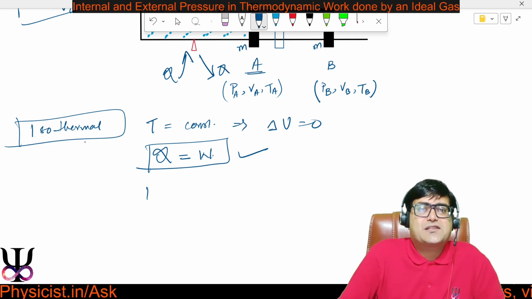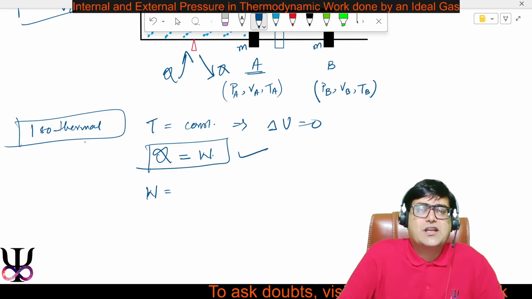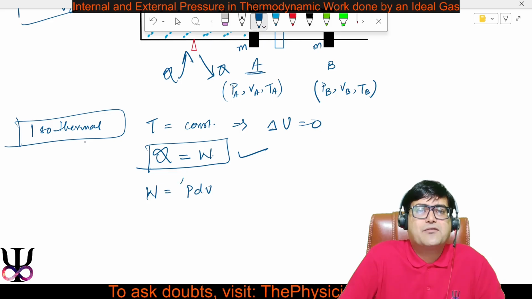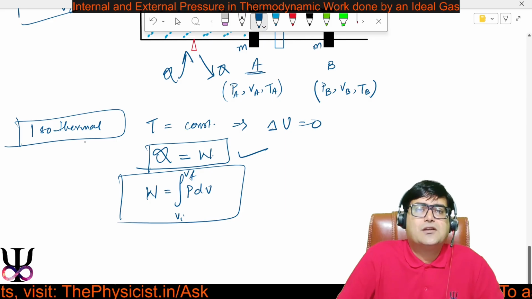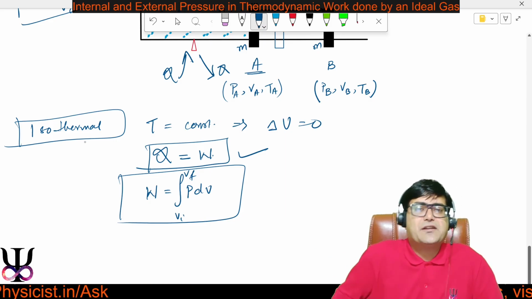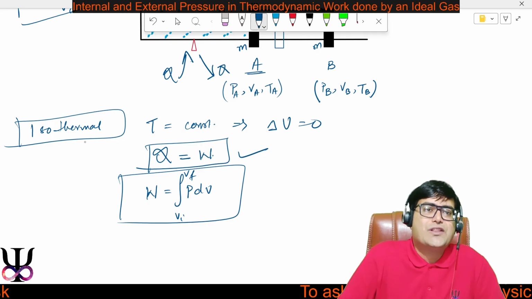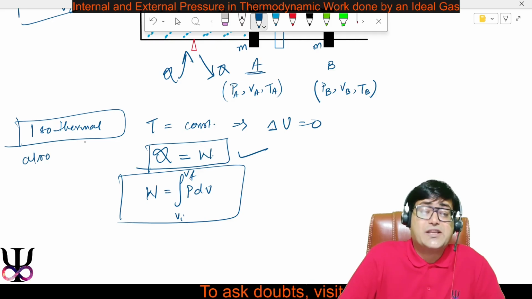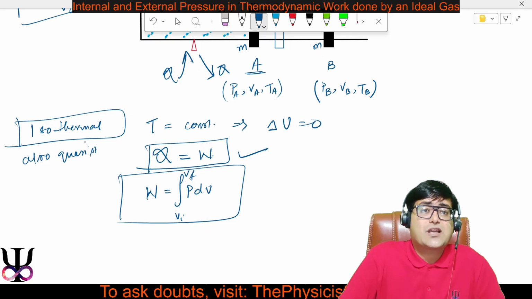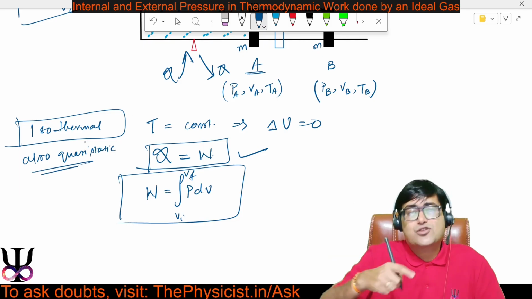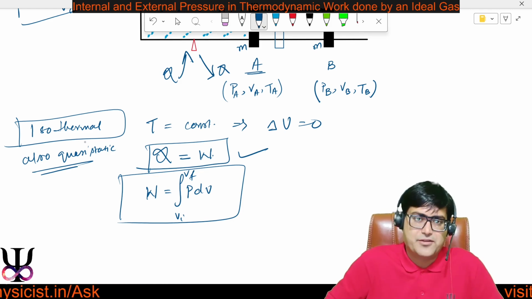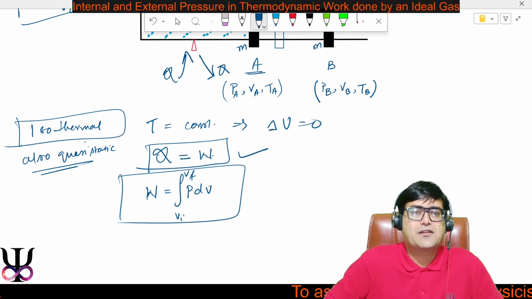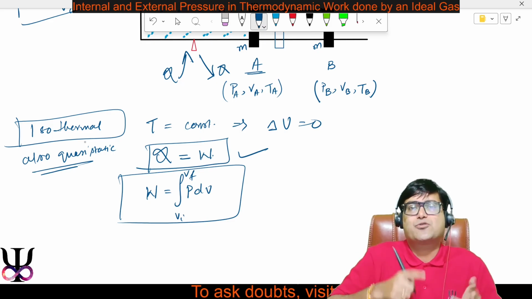And understand, in this case, the work done can also be calculated, since it's a very, very slow process. Once again, you can calculate the work done as PdV from the initial volume to the final volume. Very, very easy. Now the question might have given the internal pressure or the external pressure, but you should know that isothermal is also quasi-static. Since it's quasi-static, whatever pressure is given, internal or external, you can take either of them to calculate the work done. And you should know that this work done has to be the same as the heat